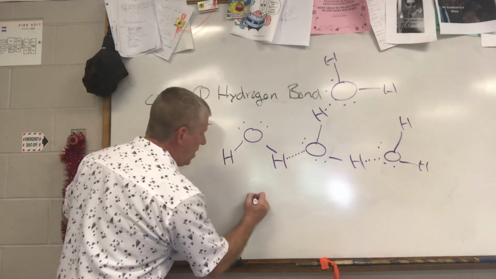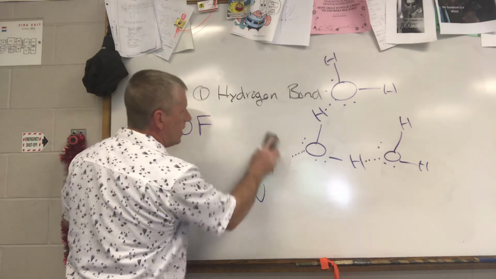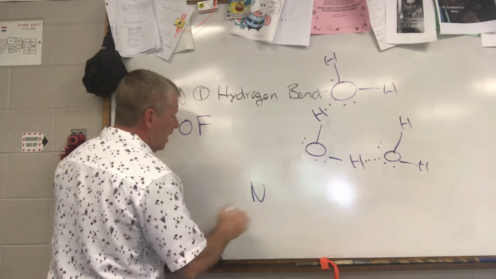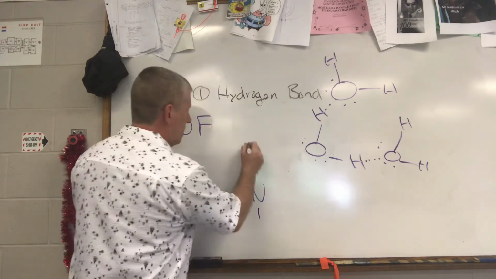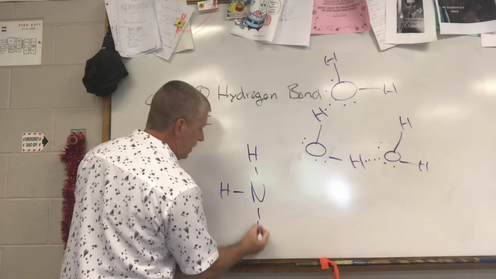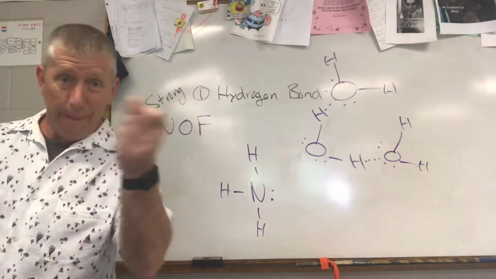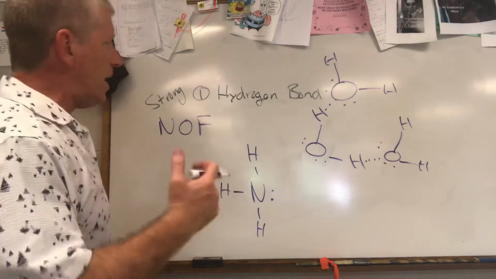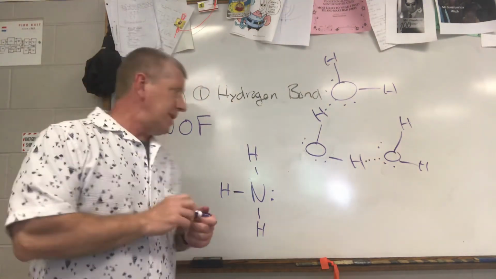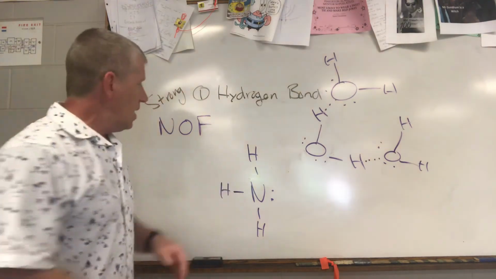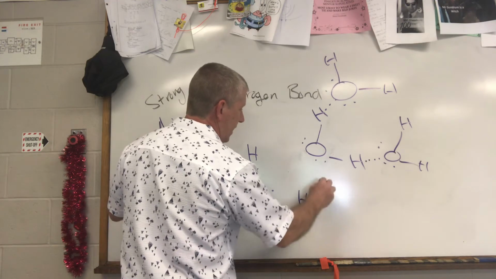So here is ammonia, and I'm going to get rid of this water. We've got enough water over there, you can still see it. The Lewis structure for ammonia, as we all remember, is nitrogen with 3 hydrogens and 1 unshared pair of electrons. It's the unshared pairs of electrons that are important. You need to have unshared pairs of electrons to get the hydrogen. So here's a hydrogen from a different